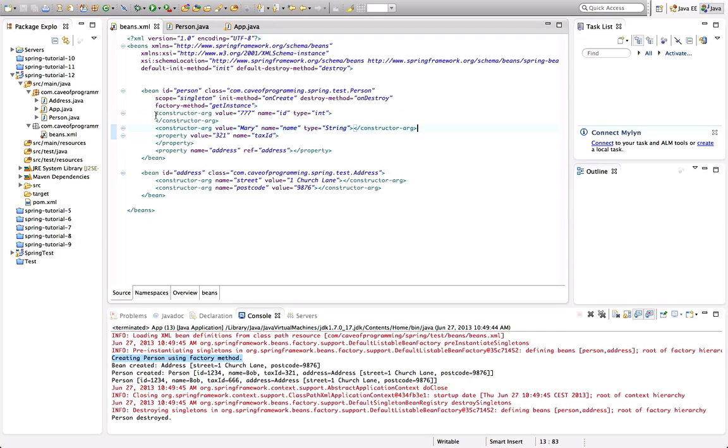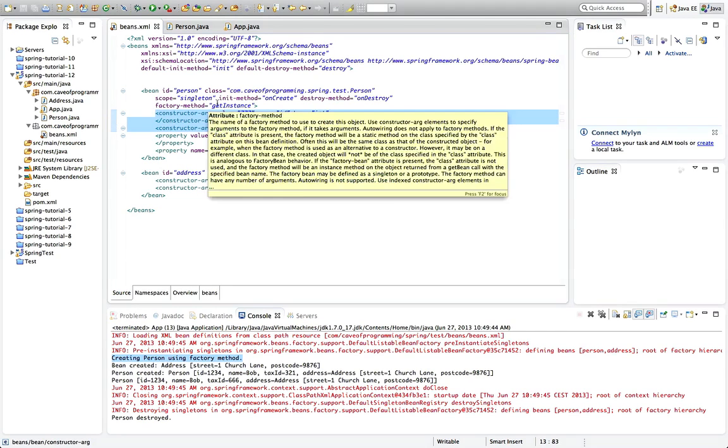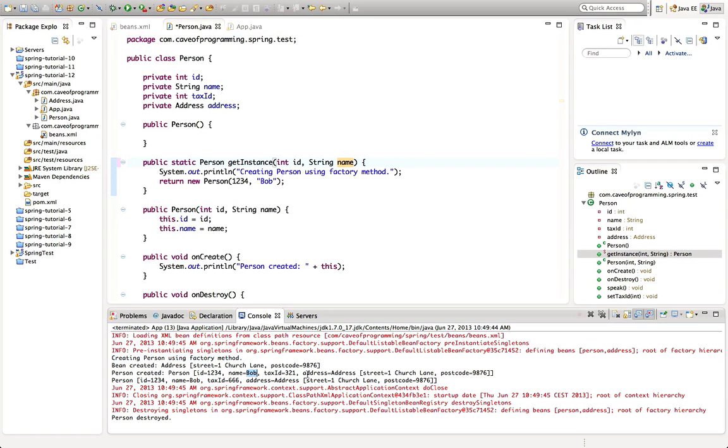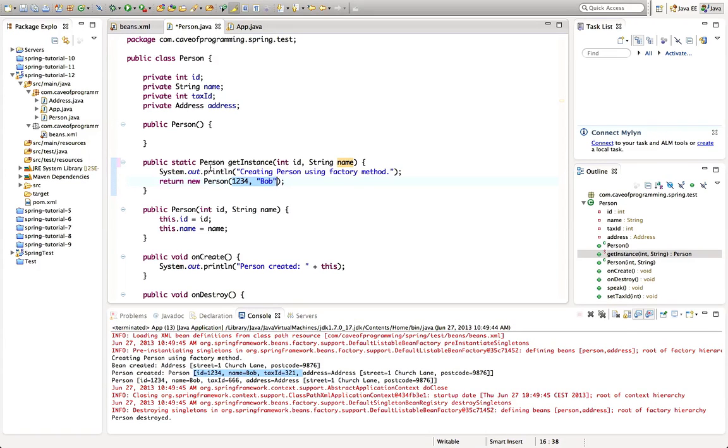To get the constructor arguments to work is of course very simple. I just need to allow my factory method here to take the right arguments, the arguments that I specify in the XML. So let's say here int id and String name. And notice that my person was constructed with the name Bob and the ID 1234, just as I've specified here. You can see that down here if you've got good eyesight. But now let's make this take id and name from this getInstance method. And now if I run it,